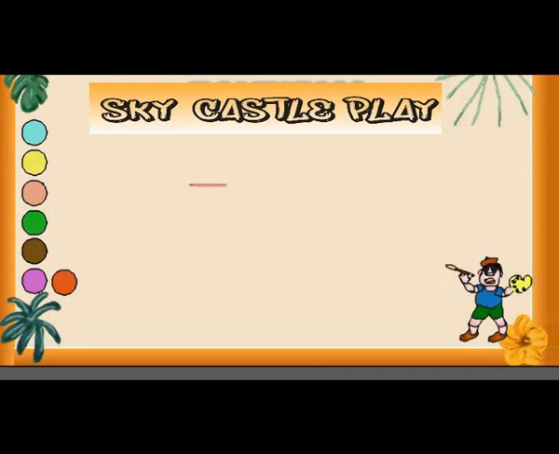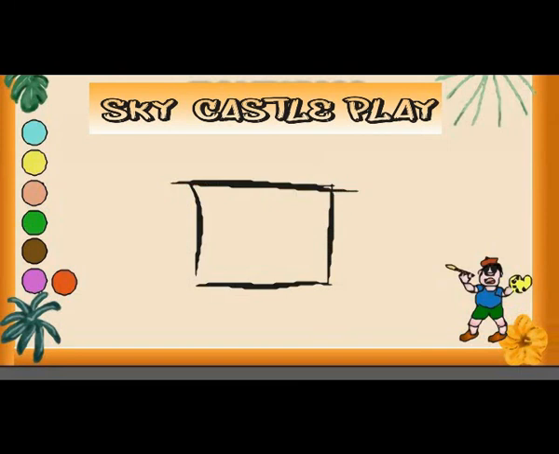Now let's have fun with this thing. Let's draw a house, rectangle, and the triangle for the roof. Chimney, the door, above the window,